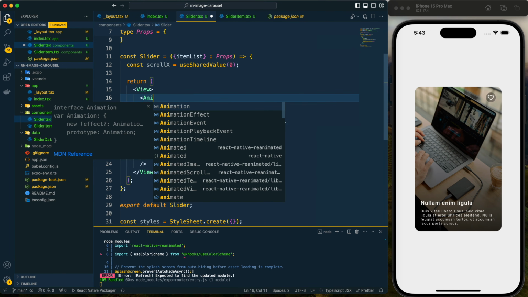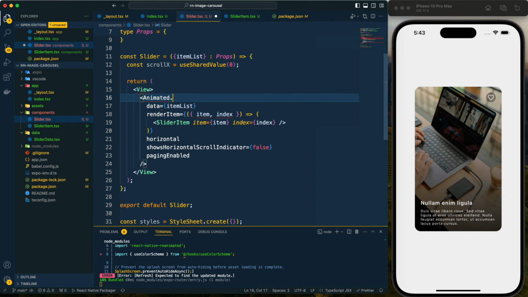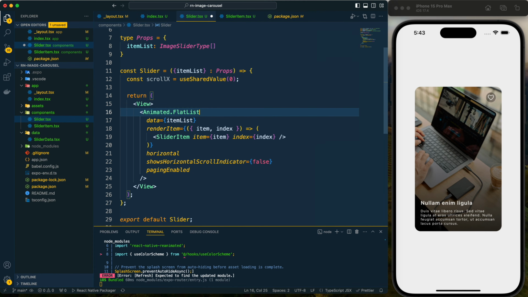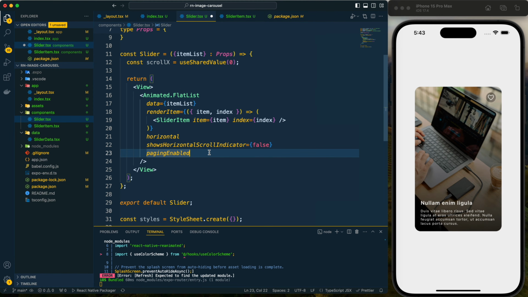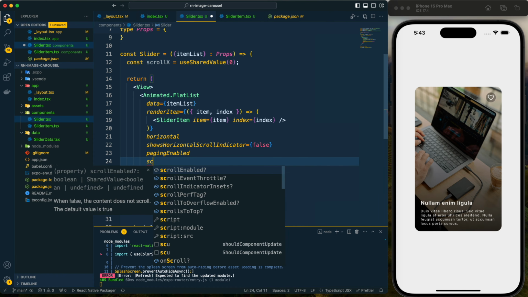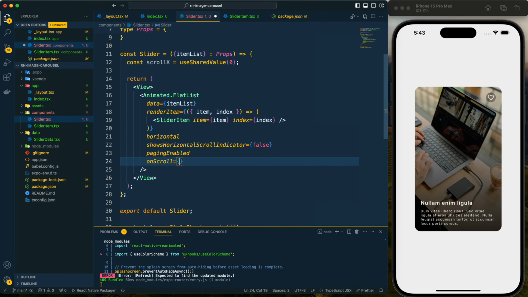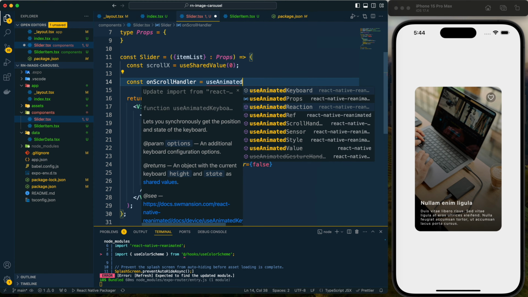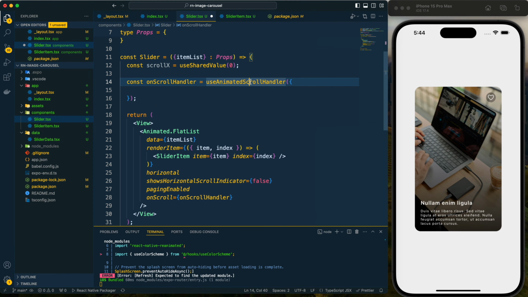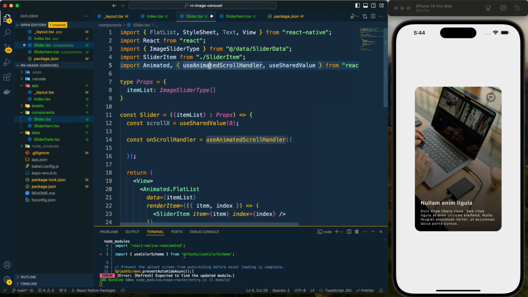Here I can change it to Animated.FlatList, and this Animated is also from React Native Reanimated. So this is now an Animated FlatList, and for onScroll I will provide an onScroll handler.